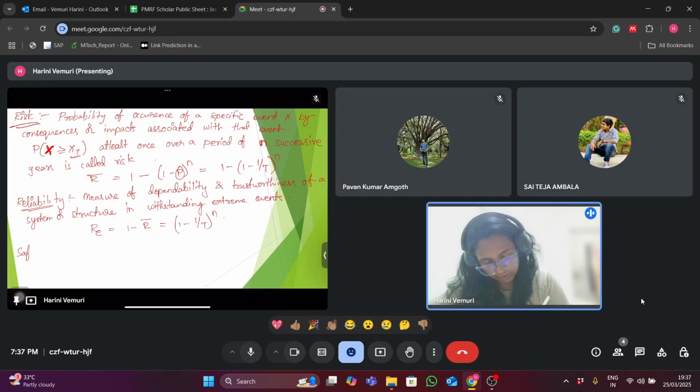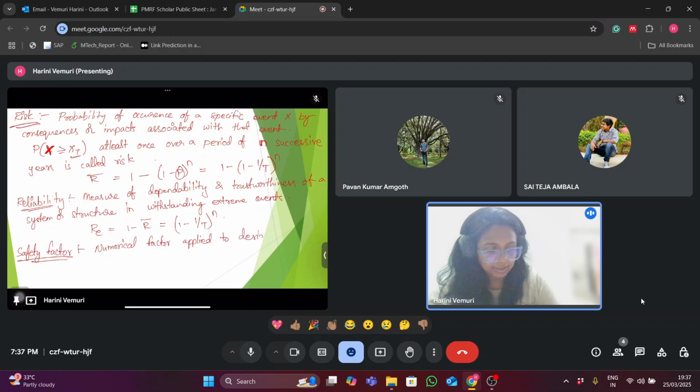So there is one more term called safety factor. From frequency analysis or any other method, we will have some design flood magnitude. But what we will do is we will try to apply some numerical factor and increase this, and we will design the structure for a little bit higher value. Okay, so it is the numerical factor applied to the design capacity of a structure